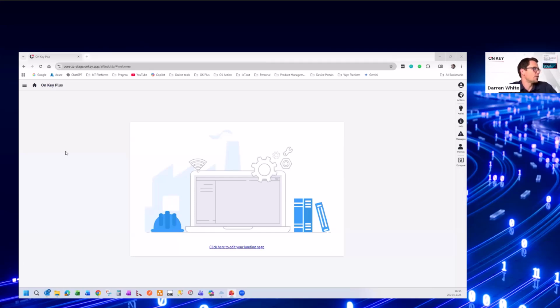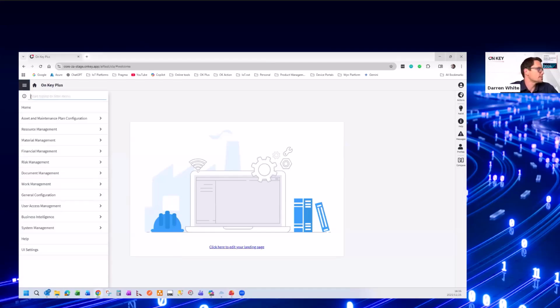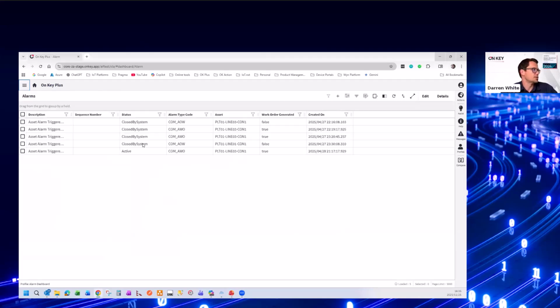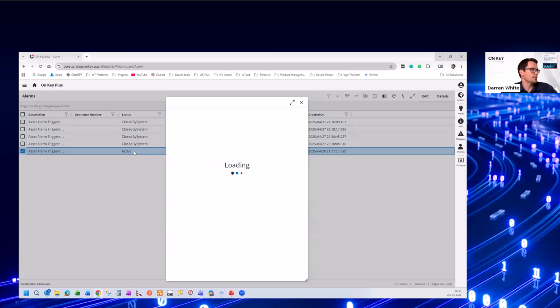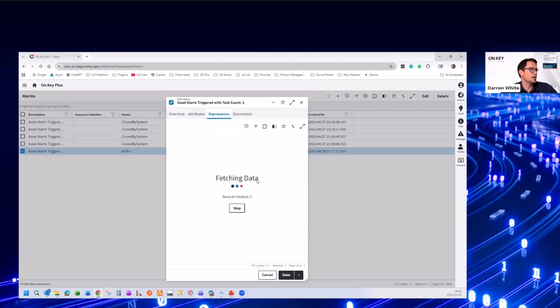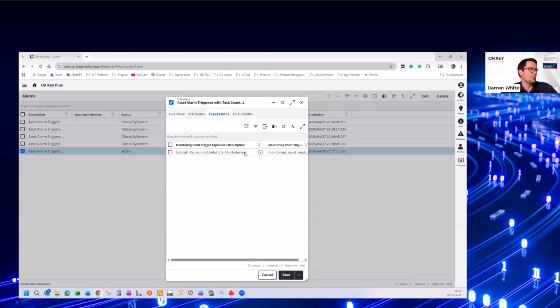So let's first go to the alarms panel just to quickly have a view of the alarms. Here I can see that there's an active alarm that was created. I can see that there's two tasks linked to it. I can view the expression that triggered that alarm. So if I can open this up,